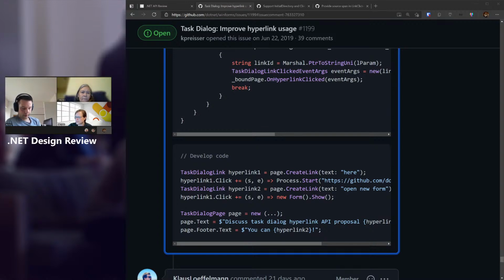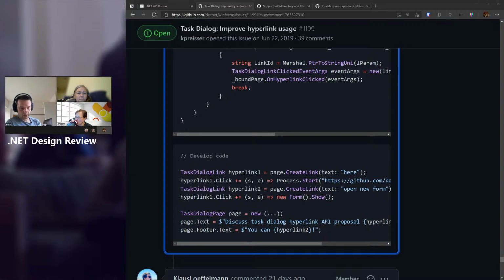That's been sort of a bane of discussions. The reason is everyone felt that you may have multiple links on a task dialog, and it was imperative to distinguish on which hyperlink you clicked, even though these hyperlinks may have exactly the same text. Right. And the only reason to distinguish that is to give some sort of ID, which is unique.